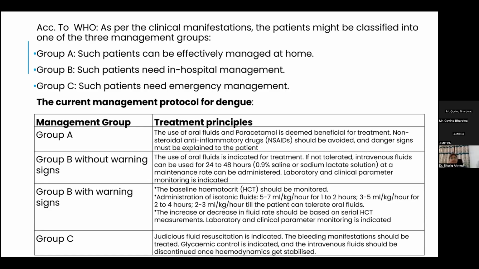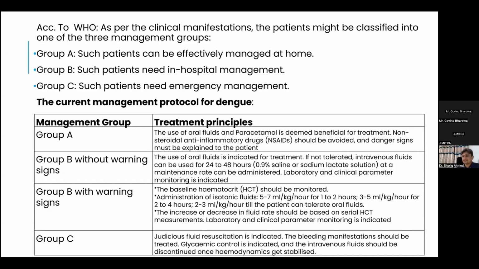And other clinical parameters like platelet count should be monitored. When the warning sign develops, it is group B with warning signs. So when the warning sign develops, the hematocrit should be monitored daily, and there should be a specific isotonic fluid transfusion, IV fluids like 5 to 7 ml per kg per hour